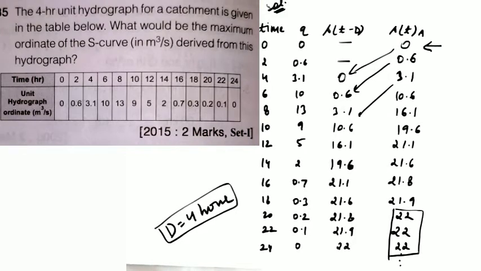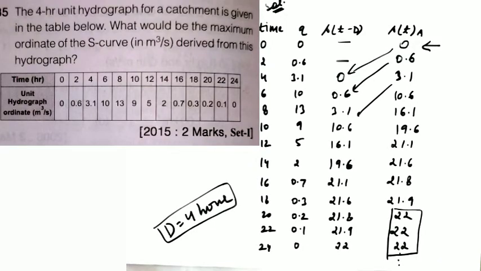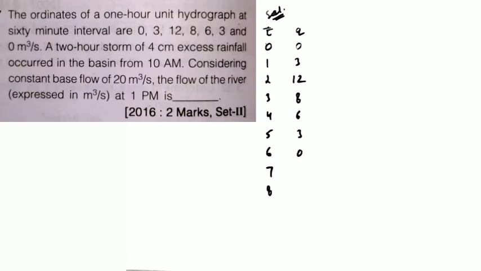I recommend that you also go for the formula that I mentioned a few seconds back. In this, you just have to calculate the area under this curve. By plotting these points, you can easily calculate the area under this curve, and you just have to divide it by 4 and multiply it by 2.778. In this fashion also you can obtain the answer as 22. You can also go for this method. This is also an easier method, and that is also an easier method. So it is up to you which method you go with.